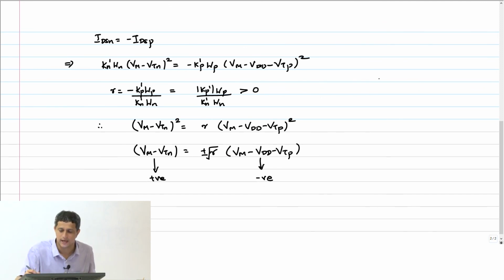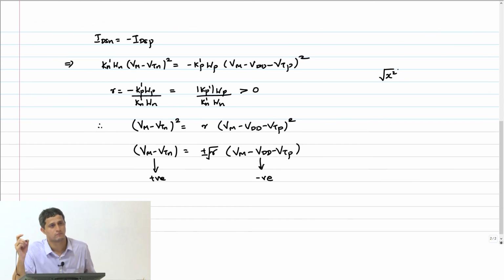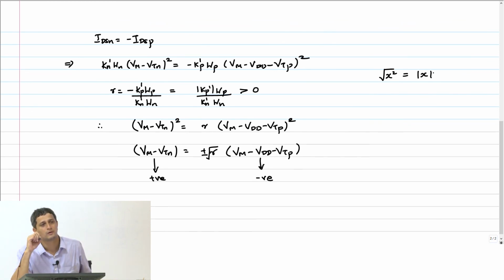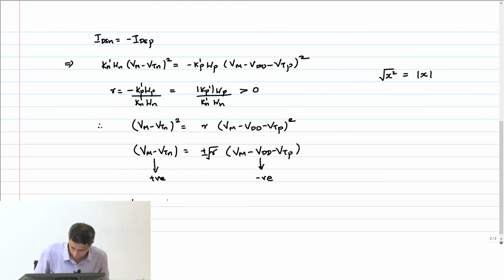So what this is basically saying is square root of x square, the positive root is what? Mod x. What if x is a negative number? Right? So therefore it is square root of x square, the positive root is always mod x, and that's what this is. Minus of that negative number is nothing but modulus of that number, right? That's what we are using here. Therefore Vm minus Vtn equals minus root R into Vm minus Vdd minus Vtp,